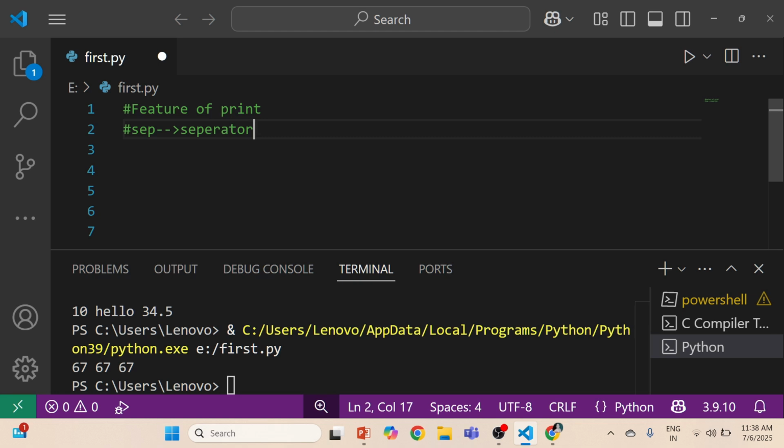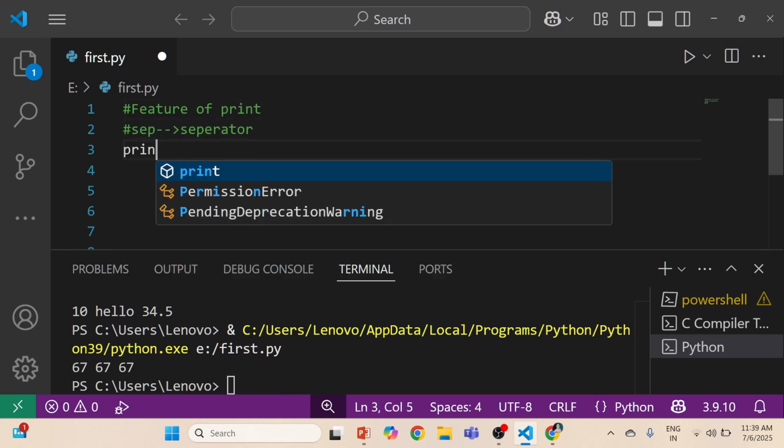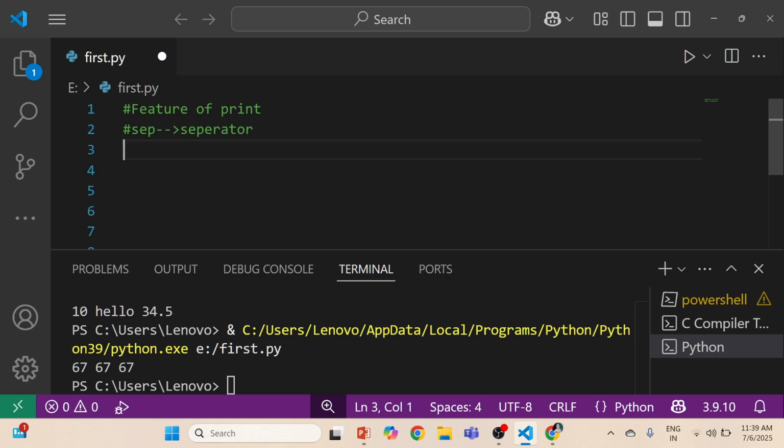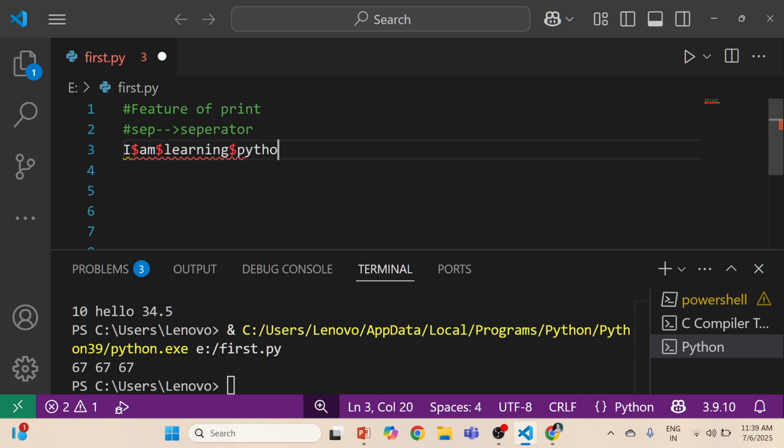Separator means when you want to separate your sentence with some symbol in the middle. Suppose I have this, I want to print a statement like I am learning Python, but I want after every word it should give a dollar symbol. Like this.